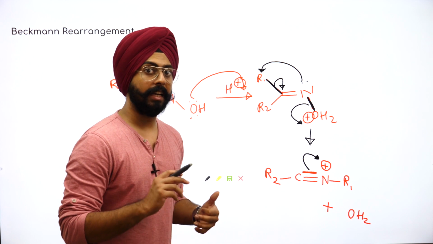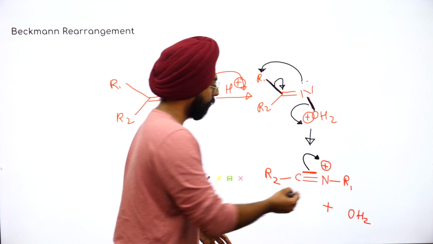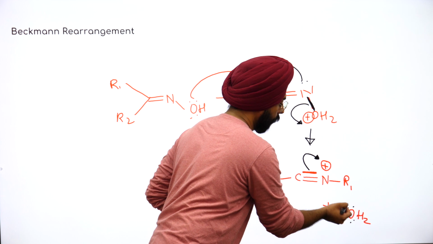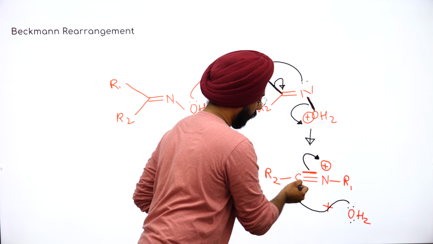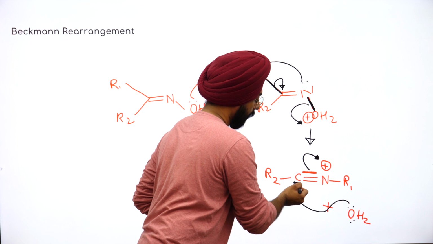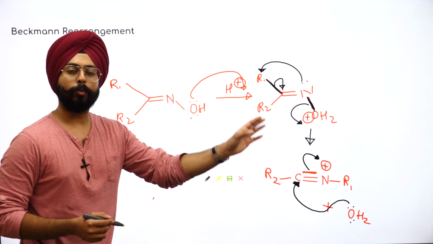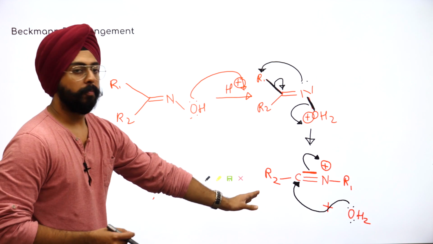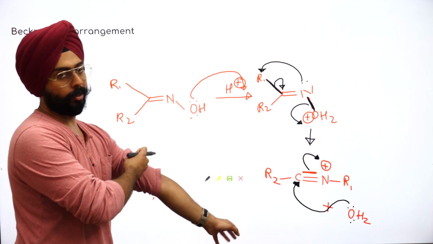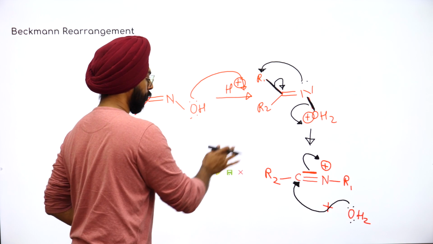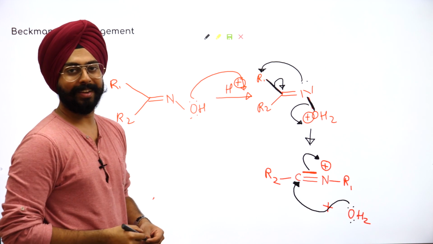You remember vinylic carbocation, it's very unstable. So what that is going to do, ये ऑक्सीजन का लोन पेयर आप यहाँ पे अटैक करवा दो. Take the lone pair from the oxygen and attack on this carbon. It's a very beautiful process that is happening. You just need to make it once in your notebook and you'll remember it easily. बहुत मस्त एकदम entertaining चीजें हो रही हैं यहाँ पे.